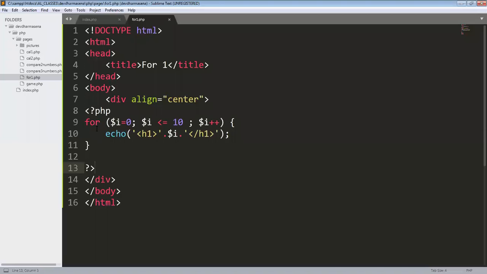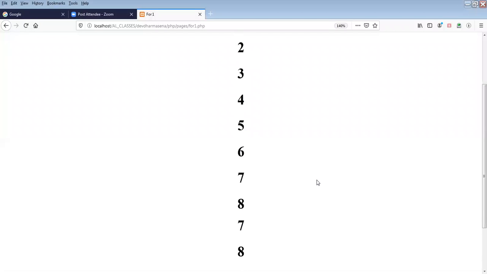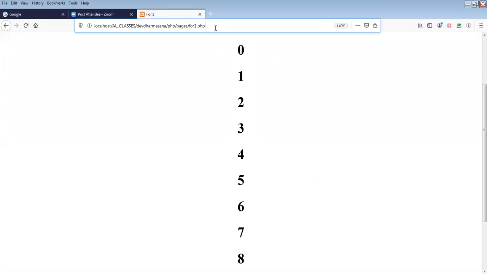Okay, right. I made this change. Now let's switch to the web browser, and I will refresh. Then you can see it better, right? You see that I printed these numbers. Every time I run it, you will see this.